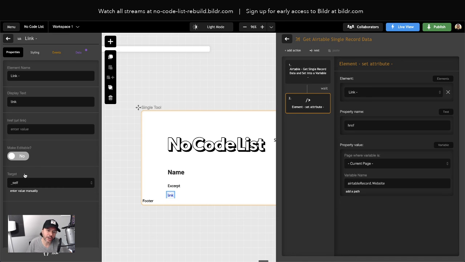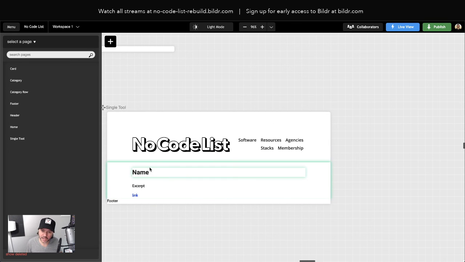But target is where you set the browser window, so it defaults to self. If I put it to blank, that's like opening a new window. So that's that for there. And then